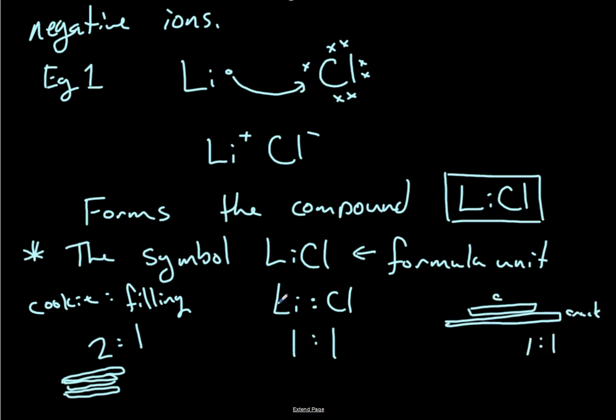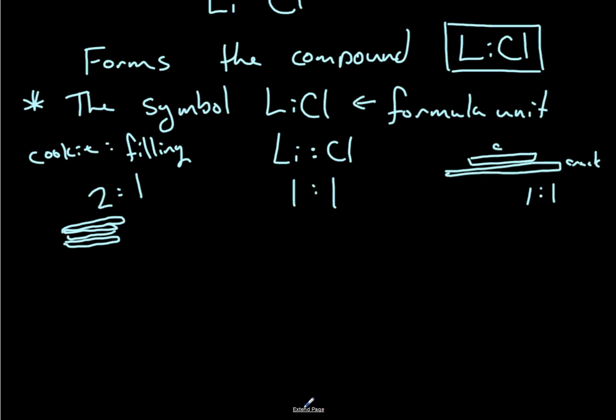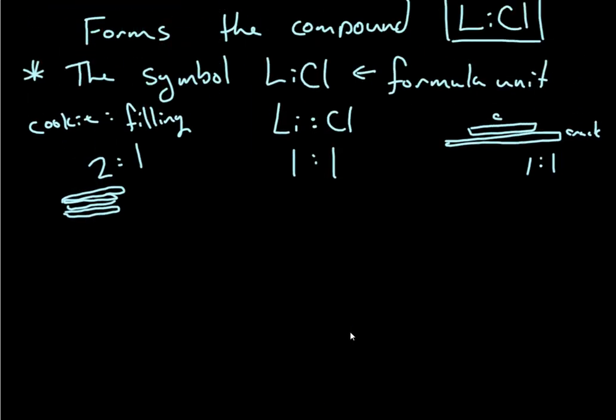So what we're saying here is there's 1 lithium for every 1 chlorine. We're not necessarily saying there's only 1 lithium and only 1 chlorine. We're saying in our crystal there will be an equal amount of lithium to chlorine, right? Because what you have to remember is ionic compounds form giant crystals, right? So if we were to start drawing them out,